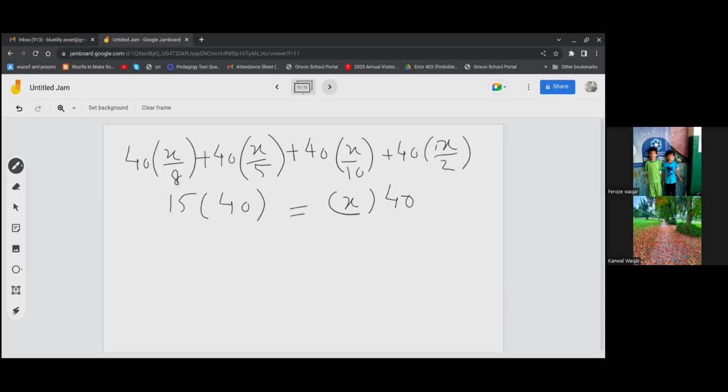Now you can cancel: 5 8s are 40, 5 8s are 40, 10 4s are 40, and 2 20s are 40. So 5x plus 8x plus 4x plus 20x. Then 40 multiplied by 15 will be